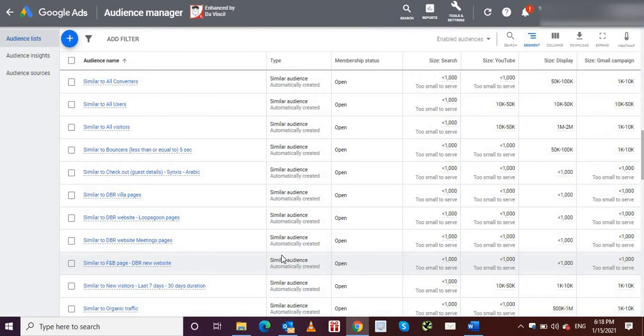The second one is improving conversion rate. There's a high chance of improving conversion rate because you have people who are a lookalike audience coming to your website. They could be customers of your competitor, for example. When they come to your website, they see something, and there are chances of them purchasing something. So that's how conversion rate increases.